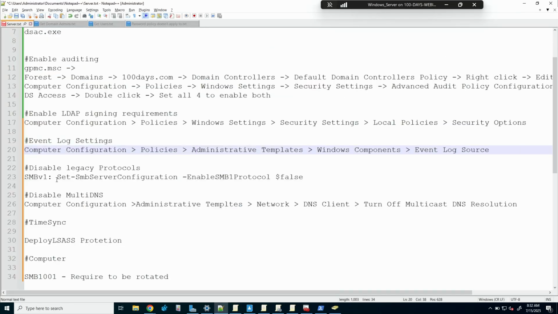Okay, disable SMB. We went through this last week. Here's the command. We may have already shared this. Disable multicast DNS. I'm told by Kieran he's going to create a video and a blog post on this, showing how you can actually capture data on the network if you have multicast DNS and potentially steal credentials or at least hashes thereof. I'm yet to see it.